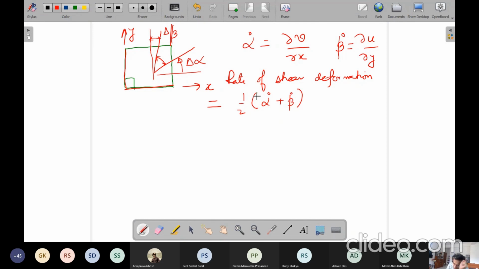And this averaging is required because different line elements have different angular motion. This is very, very important. Not like a rigid body where everything has the same angular motion. So different line elements will have different angular motion. To standardize this, you take any two line elements which were originally orthogonal and find their average. This is how it is defined forcefully. So that becomes,